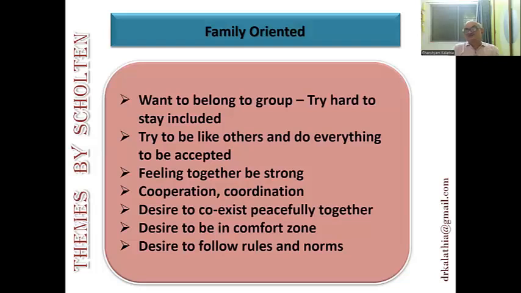Want to belong to a group, you see rejected and excluded, that rubric coming up in Triticum because of this, because they want to stay with them. The family is everything, the relation is everything for them. So they are putting a lot of effort, trying hard to stay included, trying to be like others. And this is also another reason. Suppose you express openly your emotions and your dissatisfaction, then people get hurt and stop talking with you and they go away, your attachment breaks. They can't tolerate it. So this is a common thing.